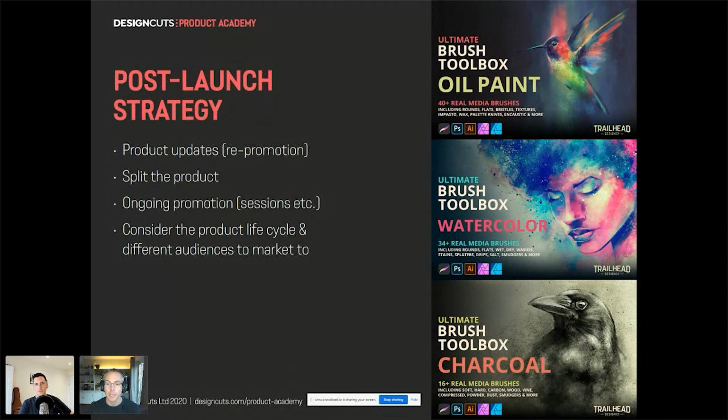You might be able to split it down. A great example of this is the Ultimate Brush Toolbox, because if you just want the oil paint version, you can buy it. If you just want the watercolor version, you can buy it. If you just want the charcoal version, you can buy it. But you're buying it at a price point of say $15 or $20, where it's beneficial to buy the largest pack, because you'd still look at it and think, oh, maybe I should buy the complete version because I'll get them all now.